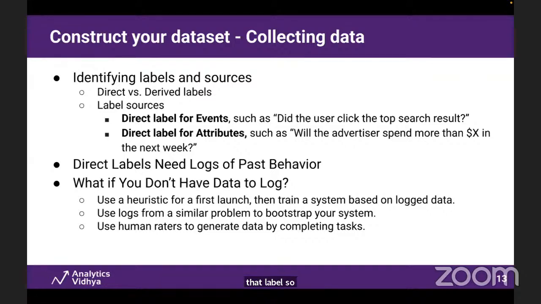And label sources. If we have a direct label for events, that means, did the user click the top search result, that is a direct label that is available for an event that is happening, or for an attribute. Will the advertiser spend more than whatever dollar amount in the next week? Those are for the attributes. So it's critical to identify the labels and the sources,